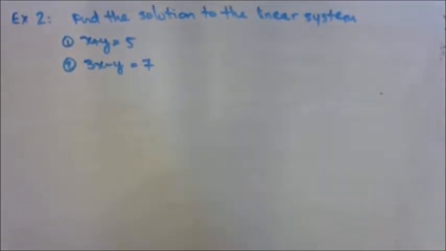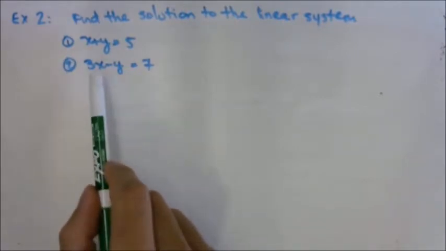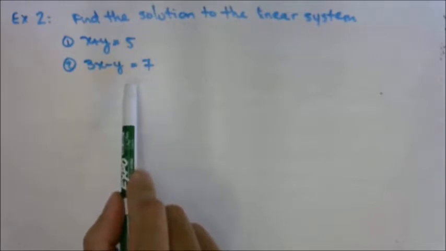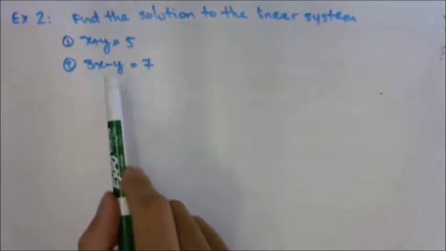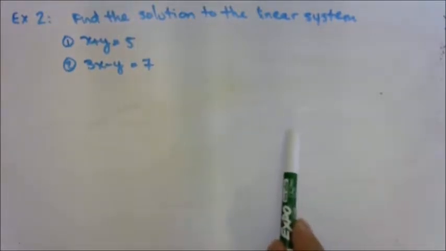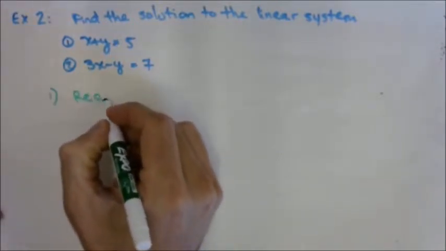Step 1 was to substitute one for the other. But if you look, I don't have anything that I can easily substitute. I don't have y in terms of x or x in terms of y in either of these equations. I need to have y on one side equals yada yada yada on the other side in order to use substitution. So all I'm going to do first, step 1 here, is rearrange